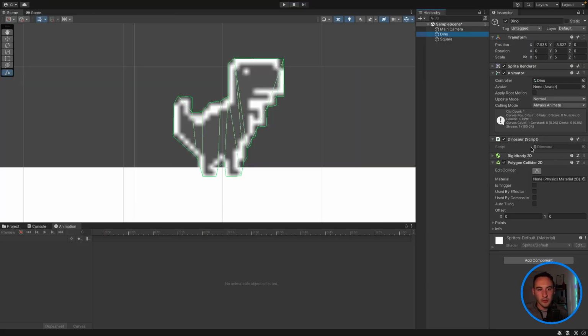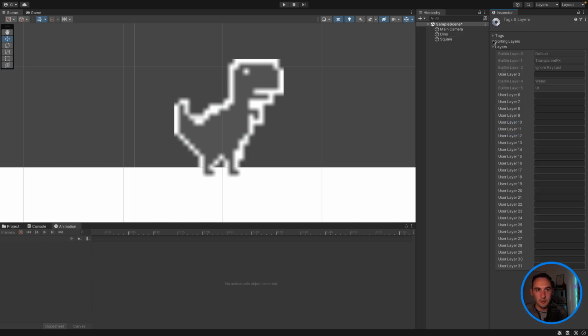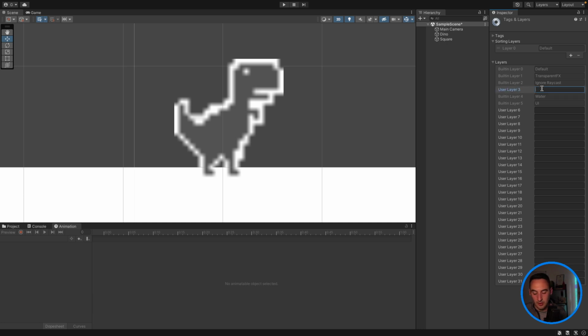We want the order of our dinosaur to always be in front of everything. So on our sprites, let's go and set that to 1. And then on our layers, we can add a layer onto it. So sorting layers, this is going to be player. Oh, actually, let's call it dinosaur. What am I doing? Get rid of that. This needs to be in here. So sorting layers, dinosaur, and then let's have a